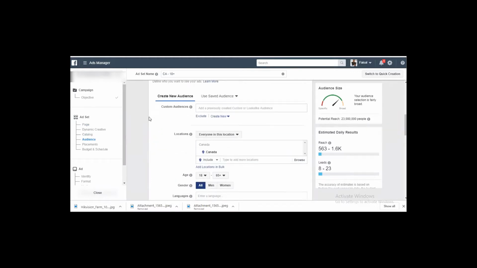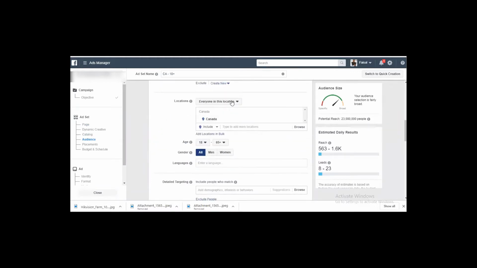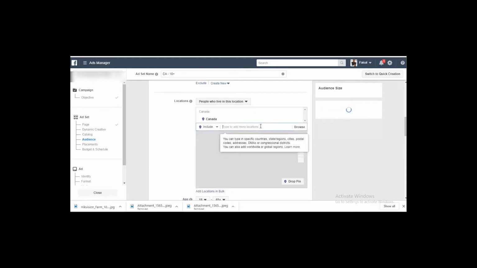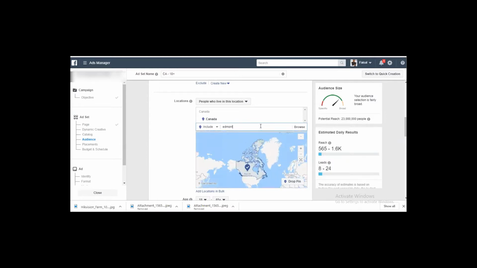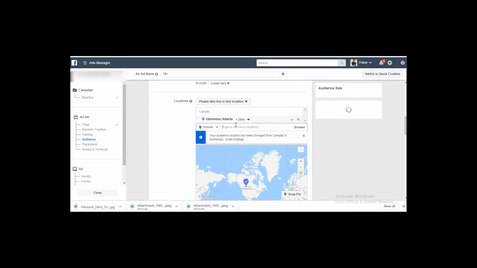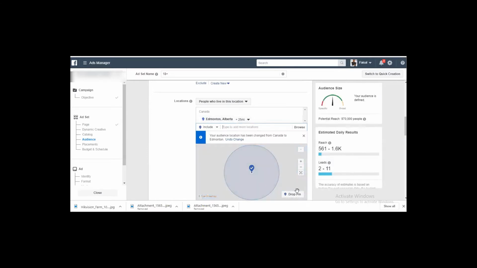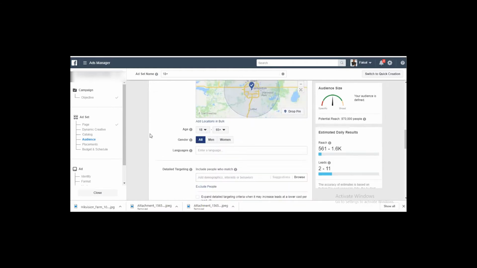Next is the audience. I want to target all the people who live in Edmonton, Alberta, Canada. And I also want radius-based targeting, 25 miles around Edmonton. So next is the age.